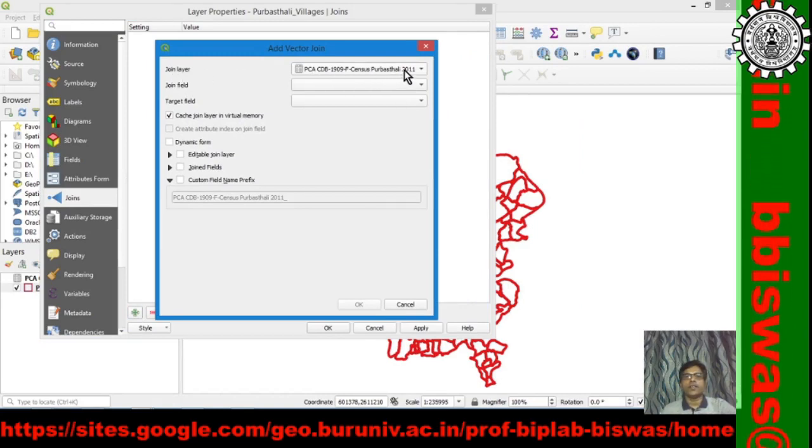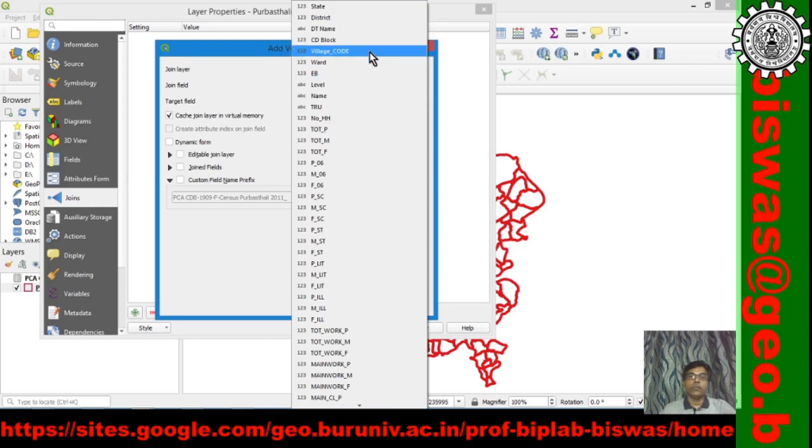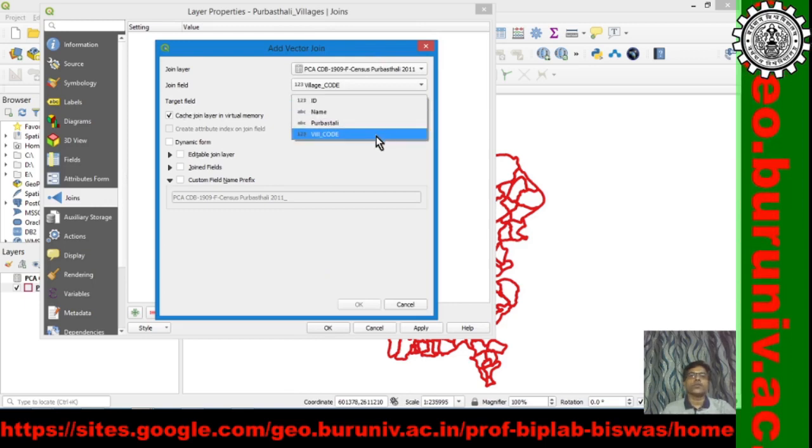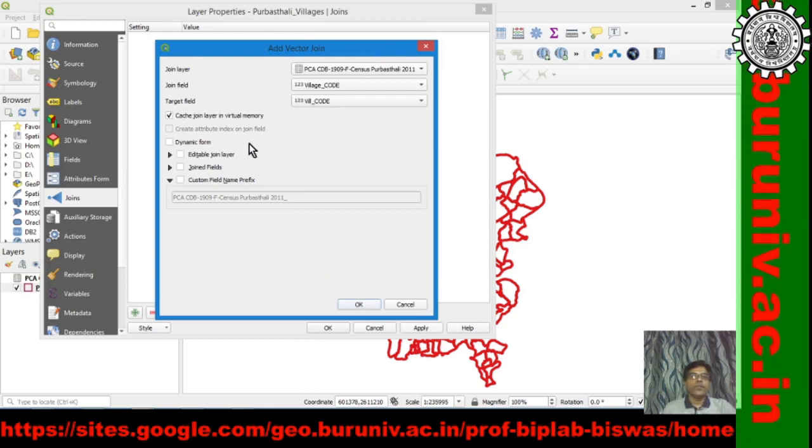This is the Excel table. Join field, remember we said village code, and target field is of course village code. Cache join layer in virtual memory, for the time being we will do that. Editable join layer we will do later.